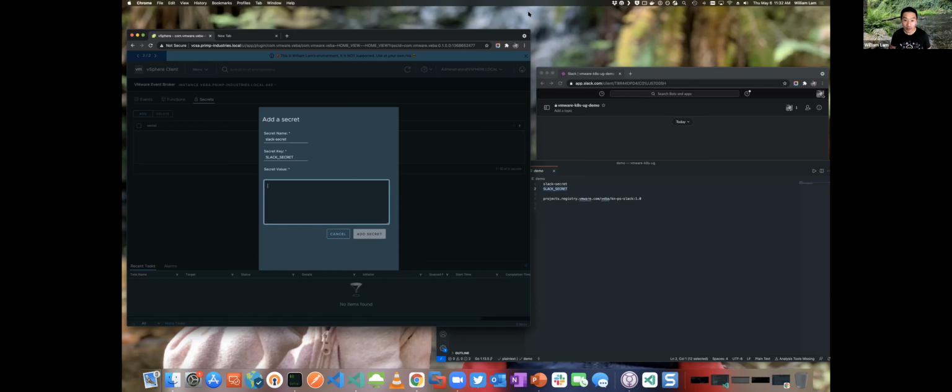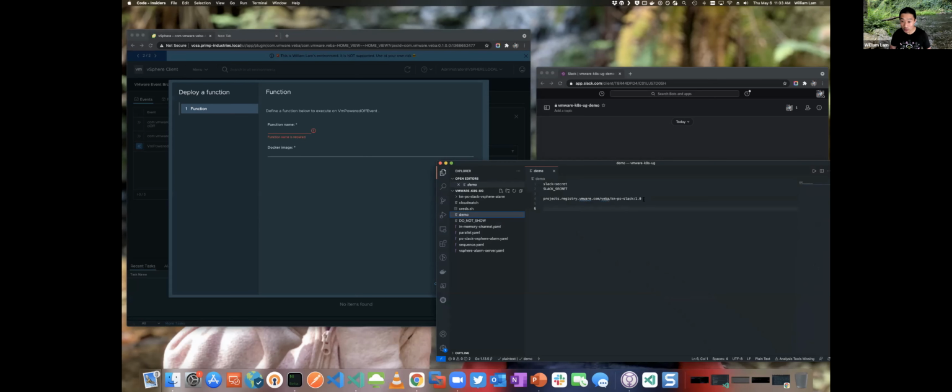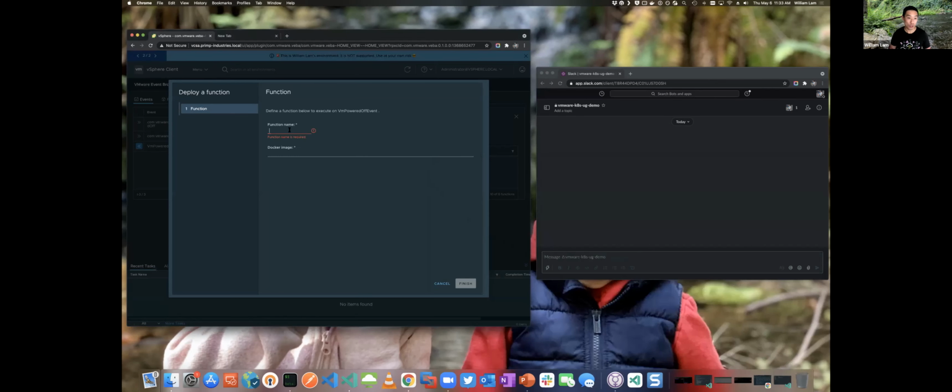Now, if I had a function deployed, it would have shown me here. Then we're going to give this function a name. So here's my container image. We'll just call this one knative PowerShell Slack. Inside this container image, all it has is the PowerShell runtime and just enough code to send a quick webhook. Really basic, right? If I had environment variables, I can append them in here. In this particular example, I don't have any environment variables that my function can consume.